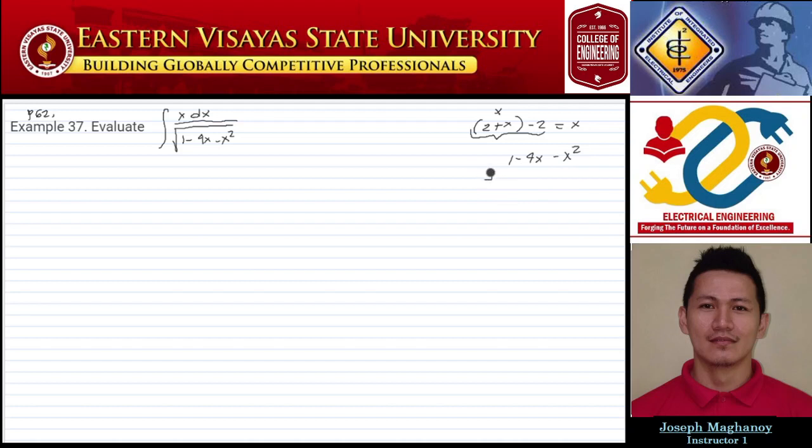So we can say that 5 minus 4 is equal to 1 minus 4x minus x squared. Okay, so we can factor out negative 4 minus 4x minus x squared, which is equal to